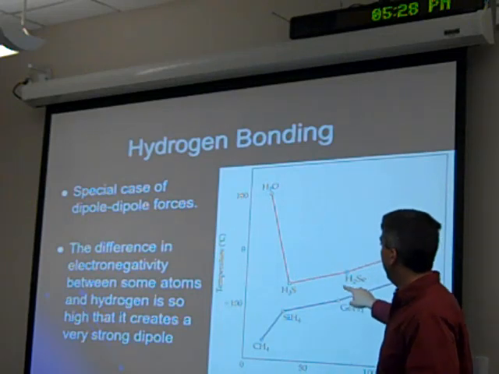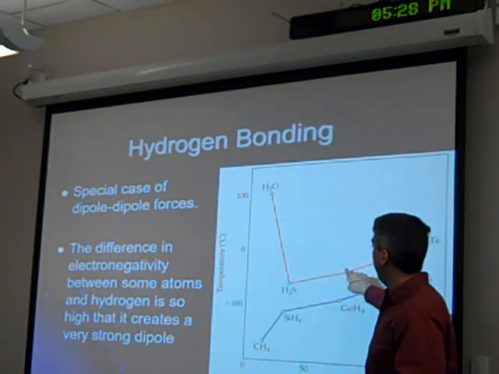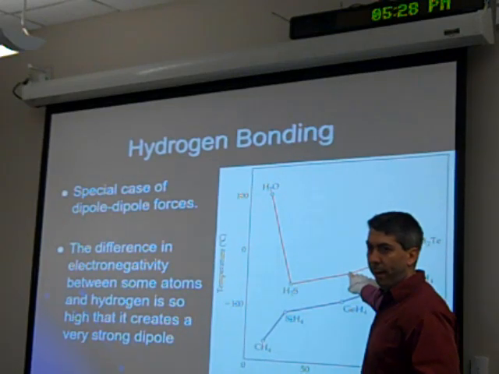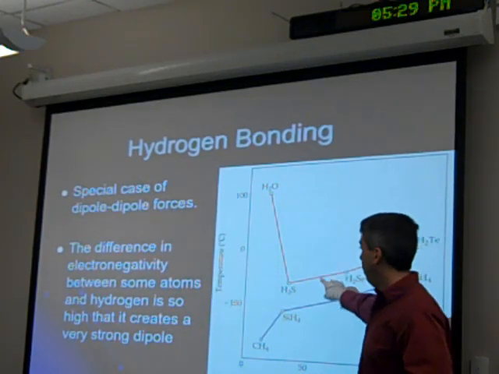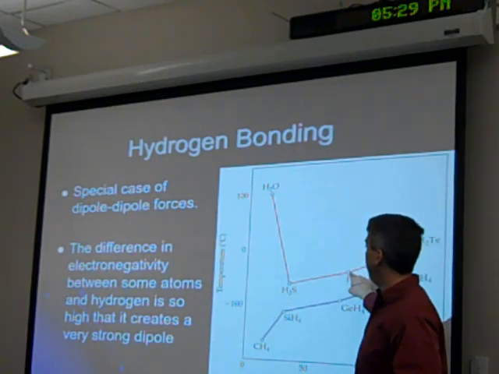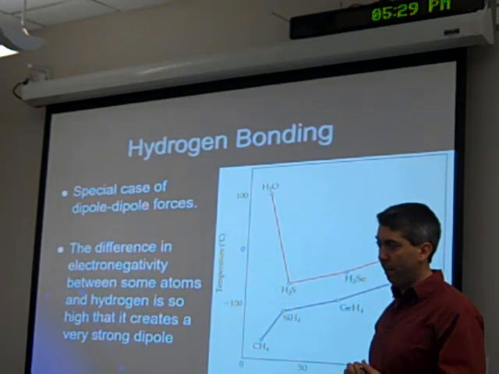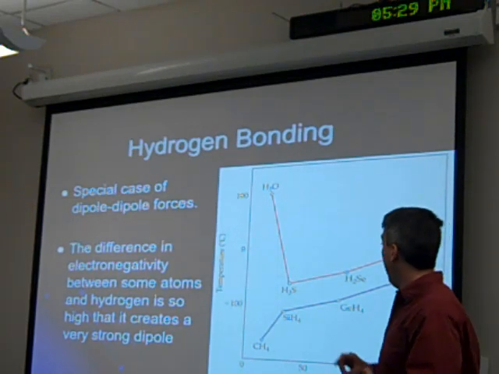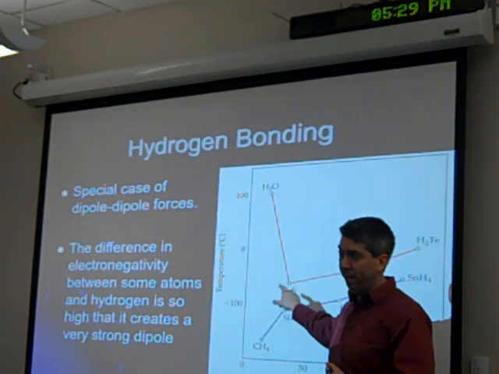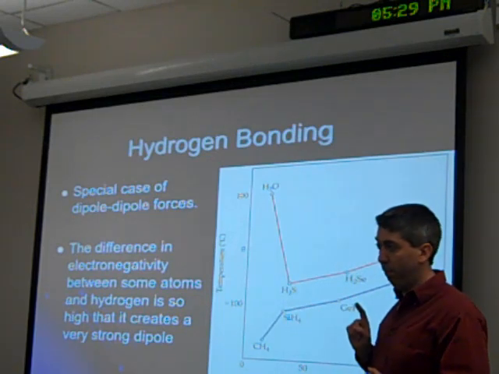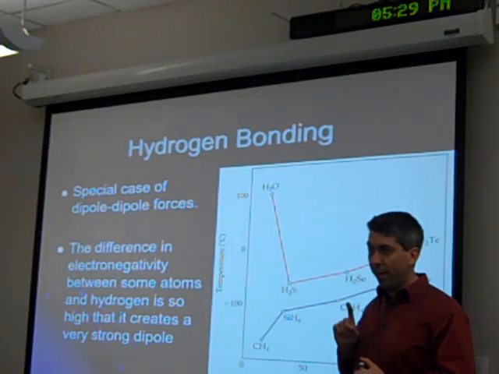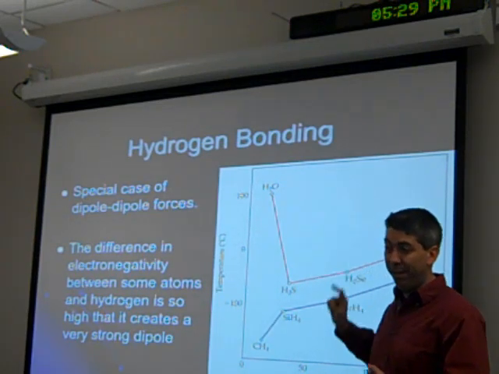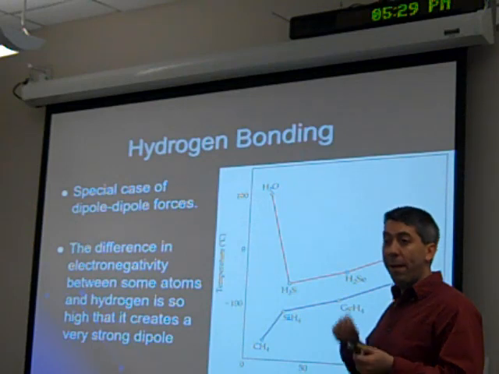And that is because, what's the difference between this one and this one? Well, they're both polar, so it can't be that, right? What's the difference between this and this? Why does this have a higher boiling point? Because S is more electronegative. Actually, it's less electronegative than S. So it's actually a smaller dipole-dipole force. So why is it greater in the boiling point? It comes down to molar mass. Because of